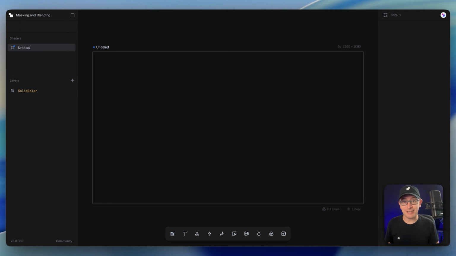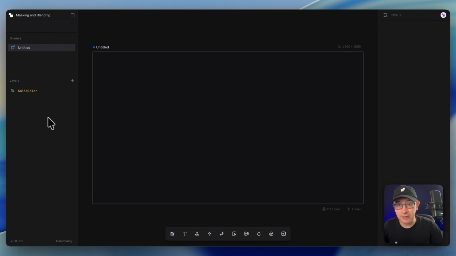Alright, in this video we're going to take a look at masking and blending. The appearance settings are available for basically every component, and they affect the way that the layers interact when they're stacking, when they're nesting, and you can create some really interesting effects. So there's no one place to start here. We're going to play around, I'm going to show you how it works, and let's see what we end up